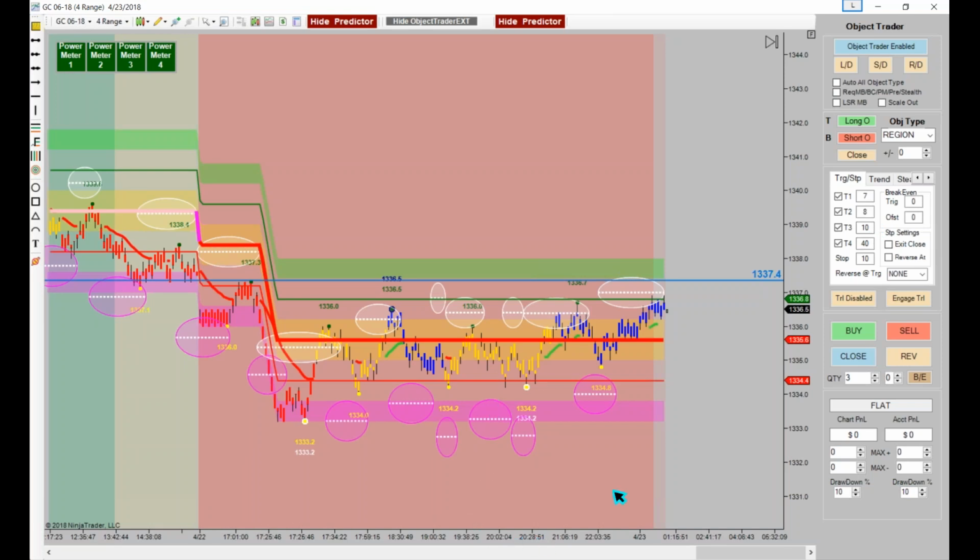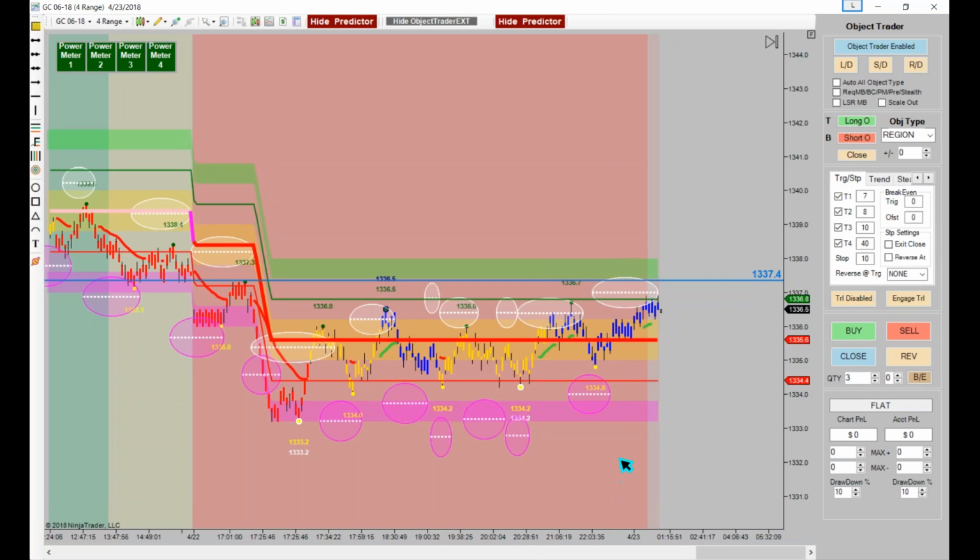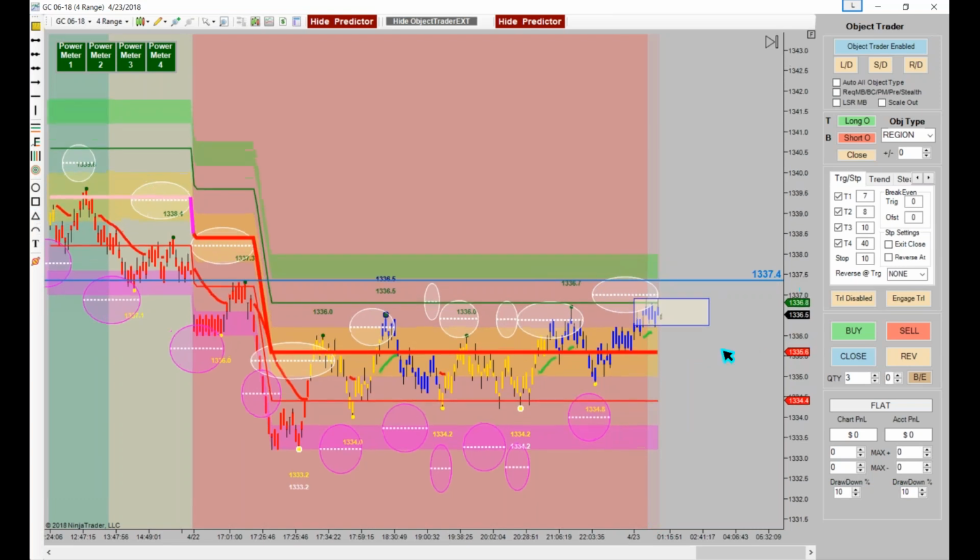Now, the first thing you want to know about your region, and it's really important to know this, is how do you set it up? I get questions all the time like, Gary, I draw a box on my chart, but it won't fire. They're watching some of Charles's webinars, evidently, where he boxes it in. When you use Object Trader, you have to actually use the region. To box it in here,